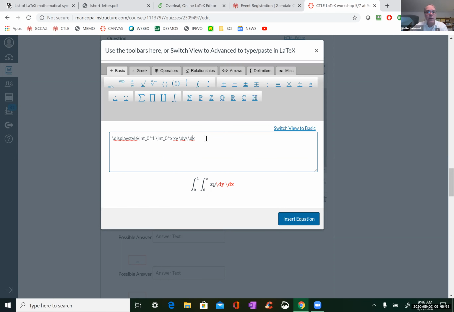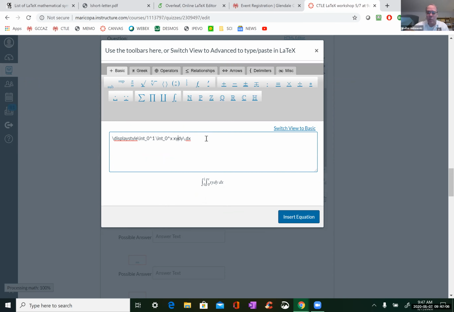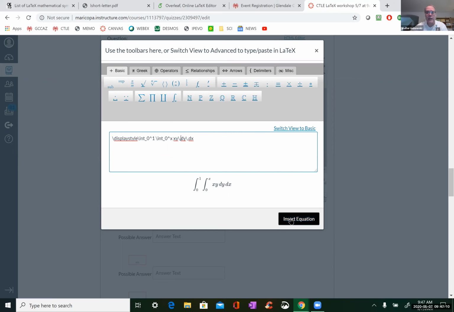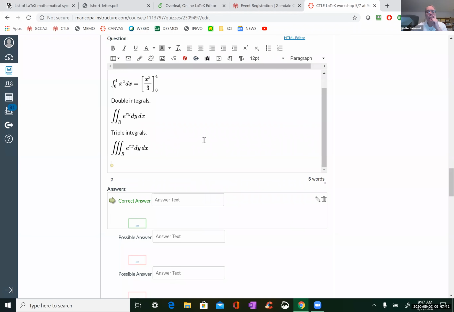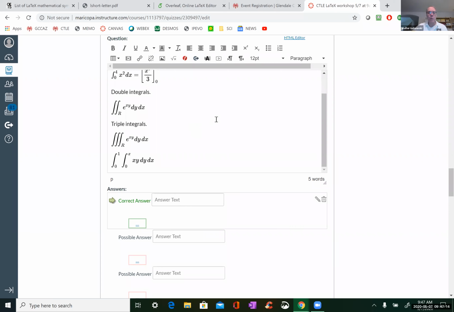get rid of those. And there you go. And now, of course, again, you can see that you might want to put a little thin space there too, between the x, y. And there you go. And that's how you can make a nice double integral. Make use of those thin spaces to make it look good.